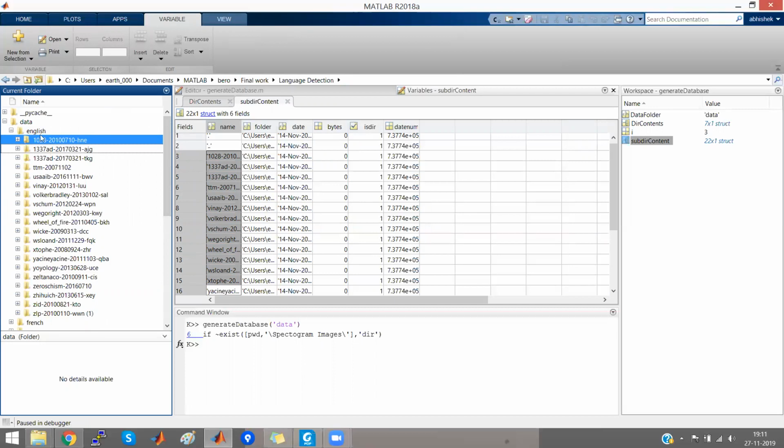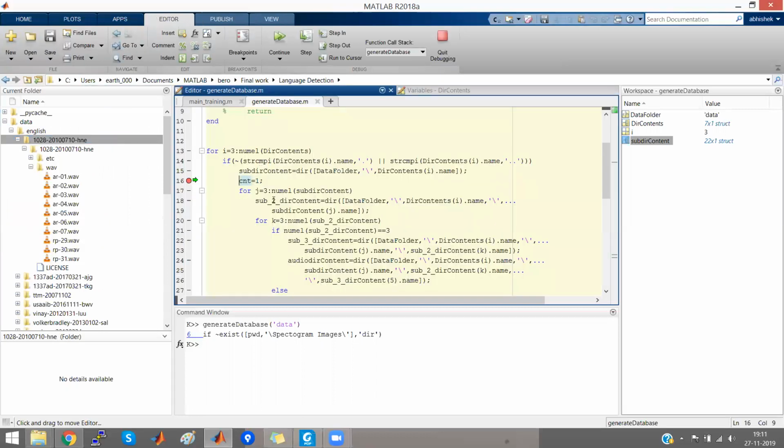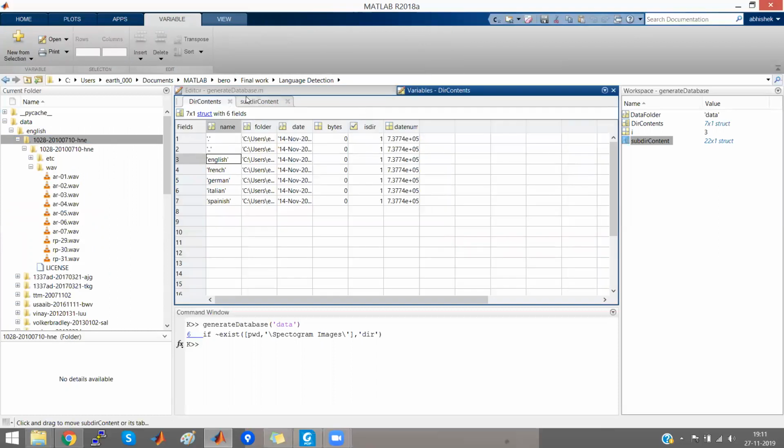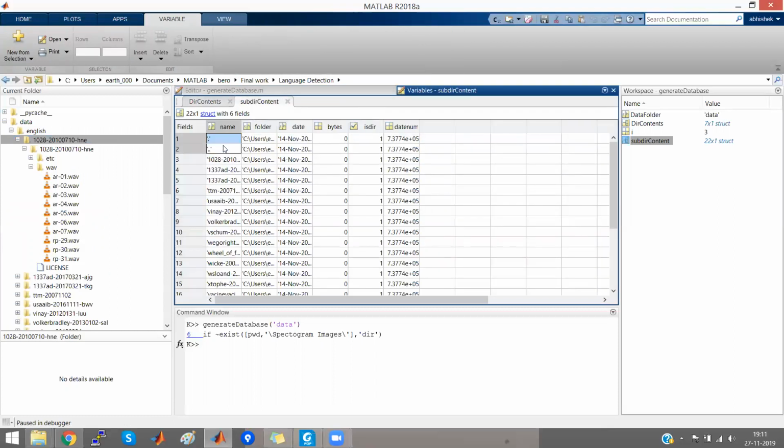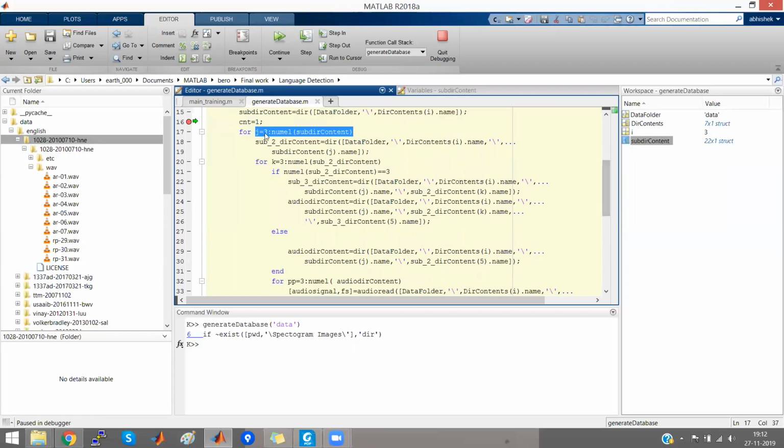Then we will check what is inside every directory. Further executing the code, since the thing is the same, again in the subdirectory content, the initial two rows are the garbage values. This is the default in MATLAB, so we don't have any control over it. So we will start reading the directories from the third row in every case. Again we make a loop of code to read out every component.